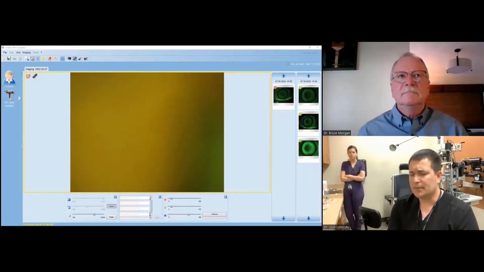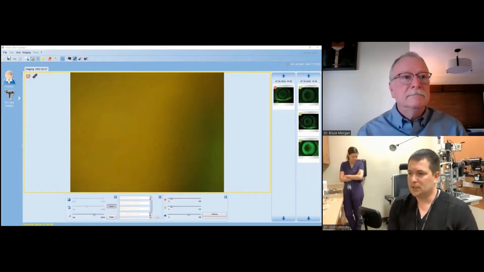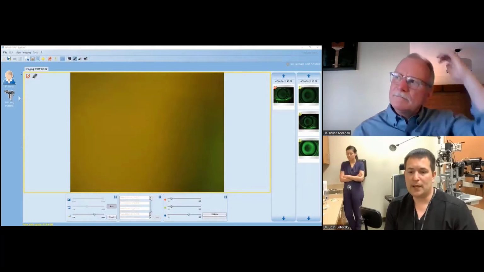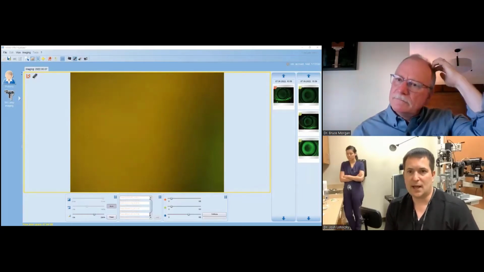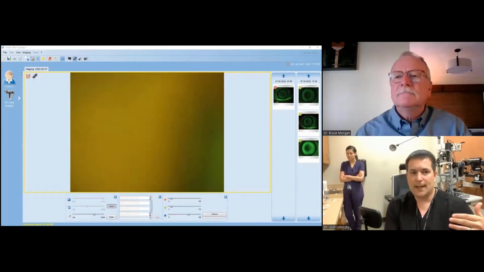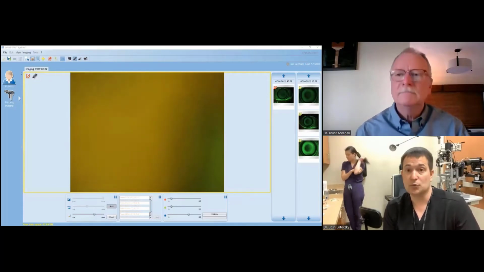Anytime you get some of those patients that maybe don't have quite as much exposure to contact lenses, the eyelid is going to knock that lens around a lot. So it's going to take a little bit of time just for them to get used to wearing lenses in general. Oftentimes with Ortho-K, we'll see that because the eyelid is going to push that lens down a little bit. And sometimes we'll see them actually farther down, and you might have somebody, especially a child, that has really tight